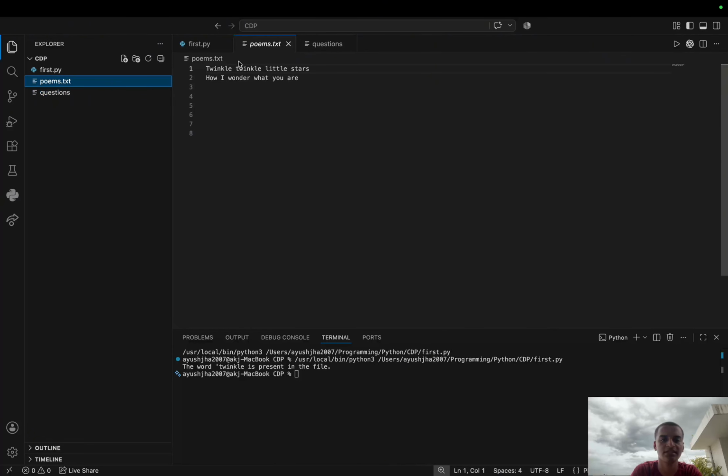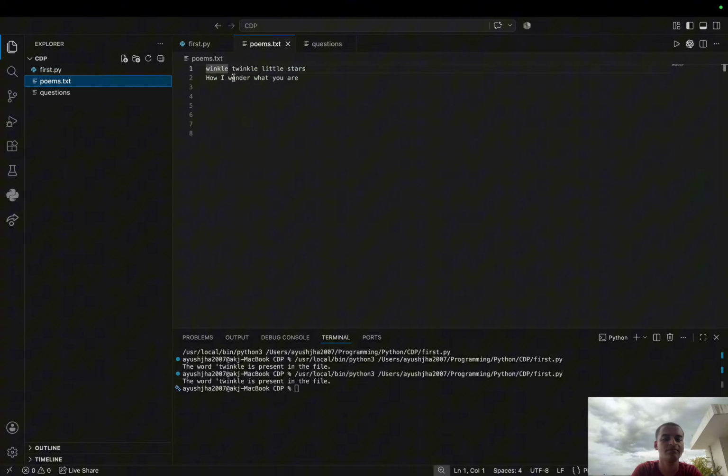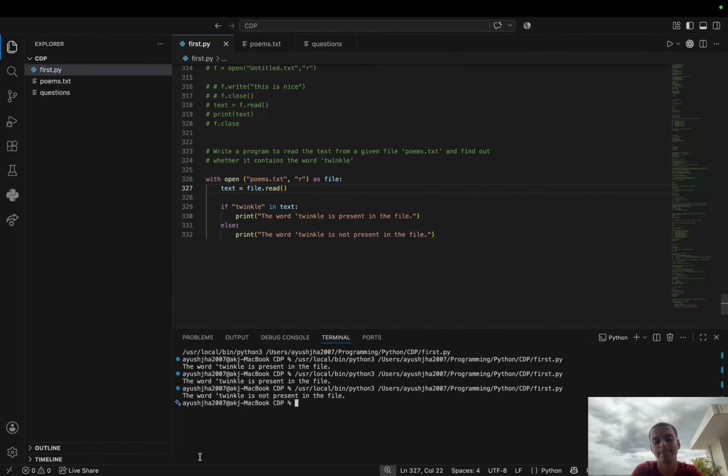हम क्या करते हैं इसमें से ना, ये वाला, ये ऐसे कर देते हैं, ठीक है? विंकल विंकल, अब क्या आएगा? द वर्ड ट्विंकल इज प्रेजेंट इन द फाइल। क्यों? क्योंकि अभी भी हमारा ये ट्विंकल तो है ही। अब हम क्या करते हैं, इसको ना कैपिटल मान लेते हैं, इसमें से टी को हटा देते हैं। अब देखो अब क्या आएगा? द वर्ड ट्विंकल इज नॉट प्रेजेंट इन द फाइल, क्योंकि हमें ना वर्ड ऐसे केस सेंसिटिव होना चाहिए, स्पेसिफिक रहते हैं हम। ये कैपिटल कैपिटल ही होगा, स्मॉल स्मॉल ही होगा, और दोनों डिफरेंट होंगे। तो ठीक है, ये क्वेश्चन एक हो गया। अब हम क्या करते हैं, एक और देख लेते हैं क्वेश्चन।